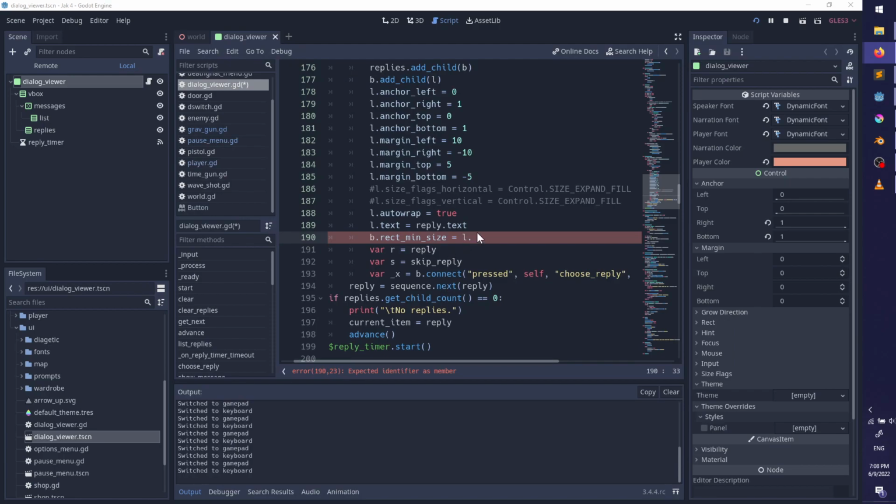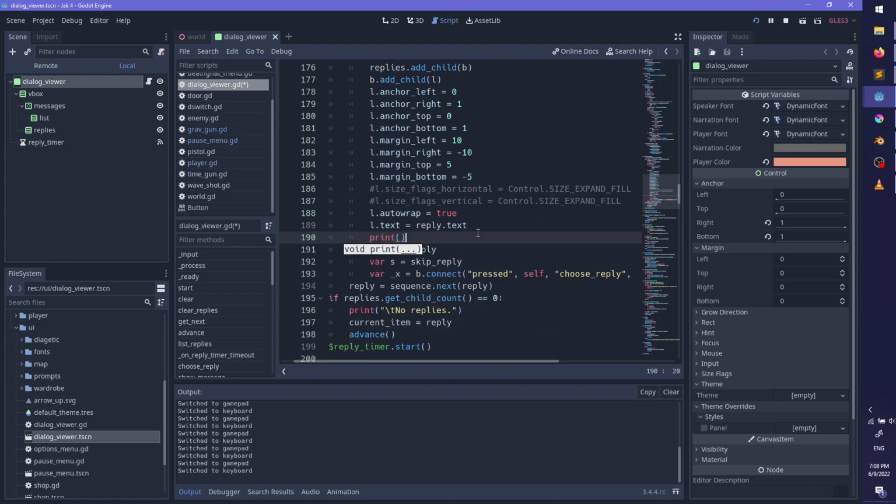Okay, let's just print... I'm pretty sure the problem is the button controls the size of the label.